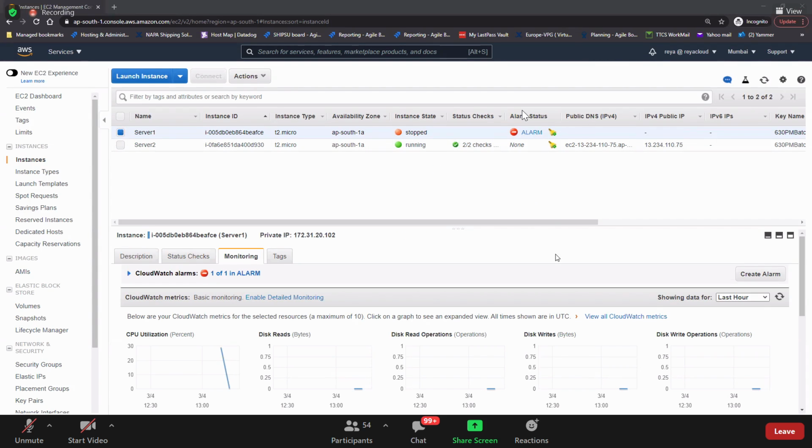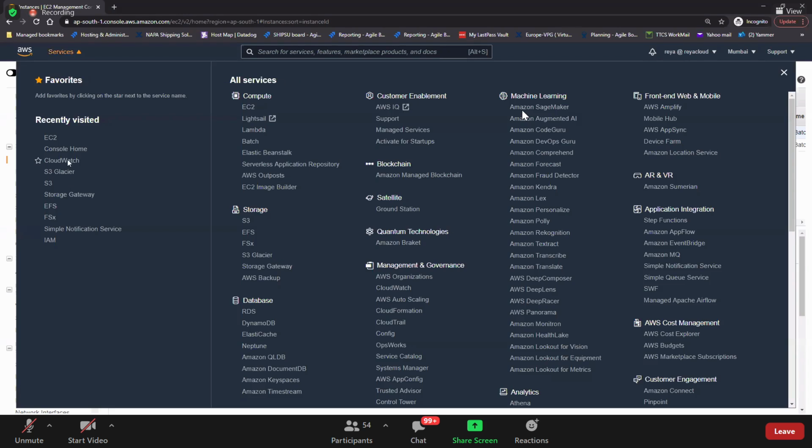Is this clear, how to create alarms for the EC2 instance and then take action based on the values? Everyone, clear? Nice. We wanted to say bye-bye to EC2, but still today at least we say bye-bye. But let's go to CloudWatch and try to create alarms over there, not here now.